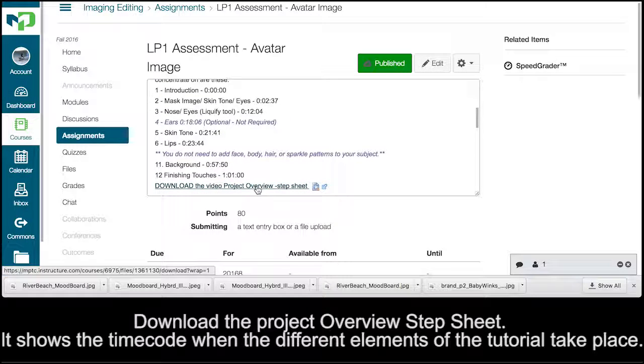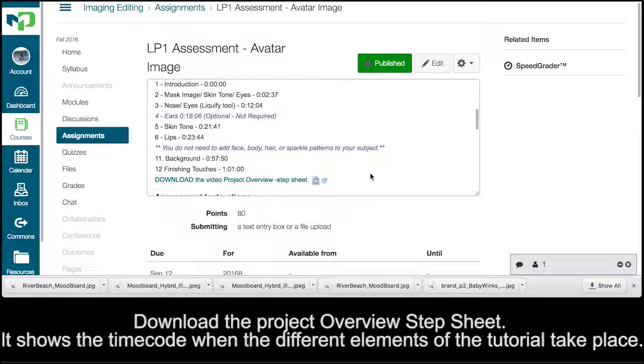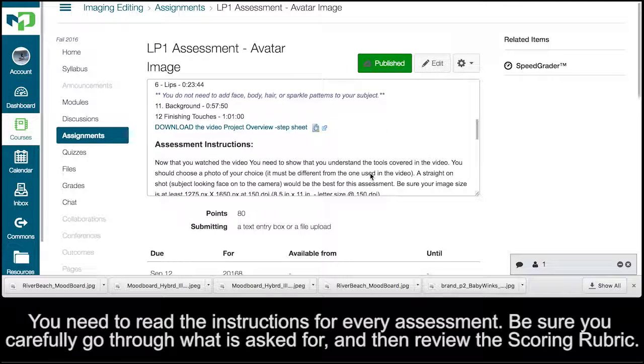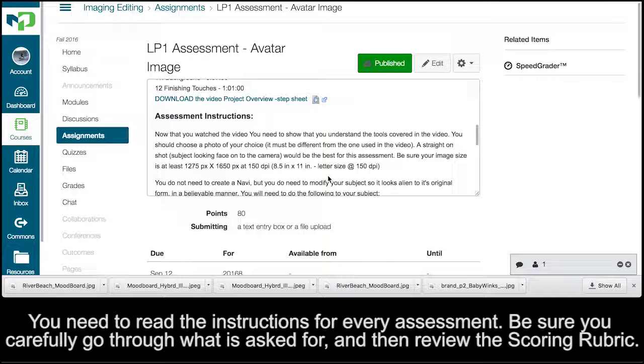This sheet kind of lists out the different elements in here. This is what I need you to watch. This is from the author of the video. It shows you what happens in each of the different points of the video. So download that for reference. But the assessment instructions are written down here. For every assessment, you need to read the instructions. Read through those carefully. The size it needs to be,